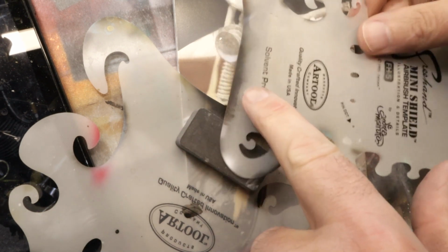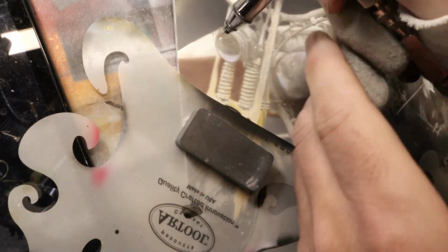I could try to hold the straight edge here, but I'm not going to do that. I'm going to jump back to a smaller template because of the shape of that. What did I do with Scott's template? I have a template holder, and of course I don't put the templates back in it, which defeats the purpose of having a template holder in the first place. Well, anyway. All right. Let me take a look at this real quick. It is just uniformly